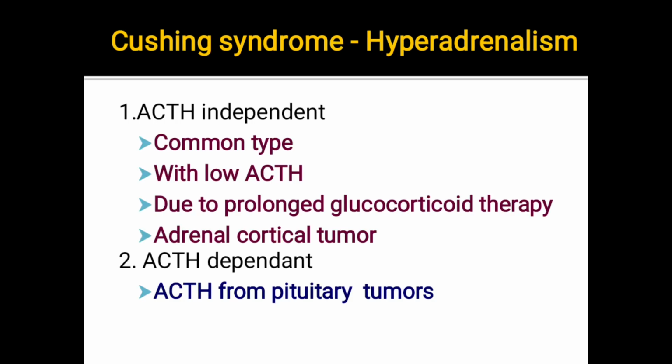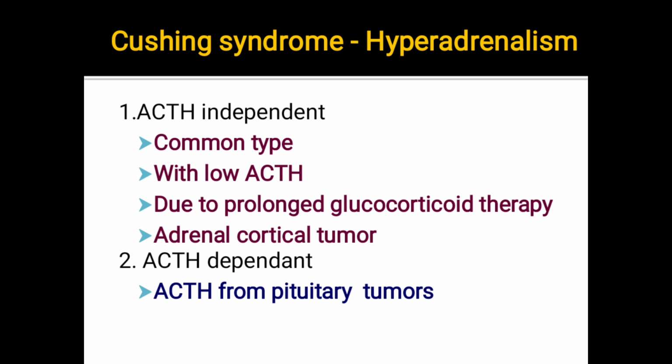Cushing syndrome is a pathological condition which occurs due to hypersecretion of the glucocorticoids. There are two different types of Cushing syndrome, ACTH independent and ACTH dependent. In ACTH independent type, the most common cause is the exogenous administration of steroids. So, when we give steroids for any inflammatory disorders for a long time, we should have a regular check for the Cushingoid features, and should be able to switch to an alternative drug if any such features are noticed.